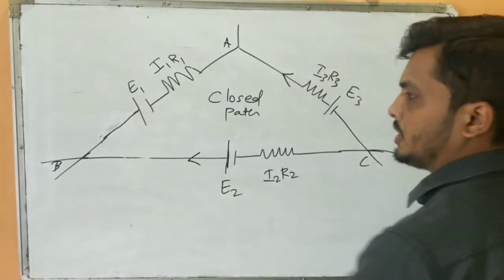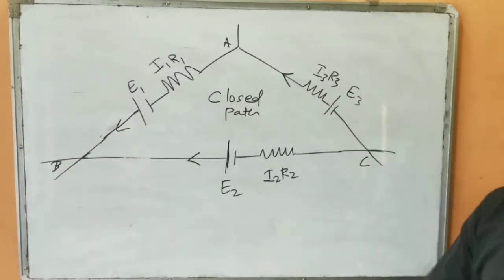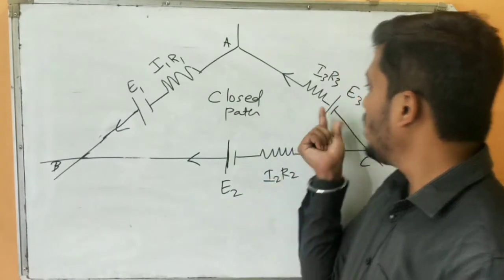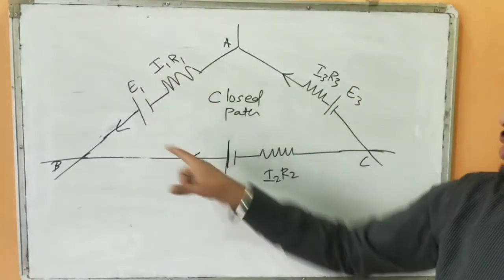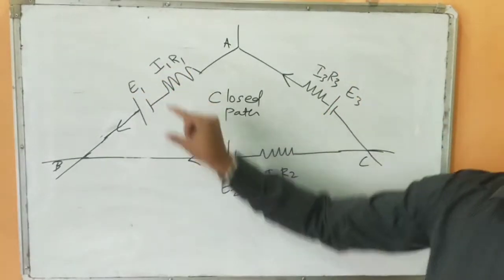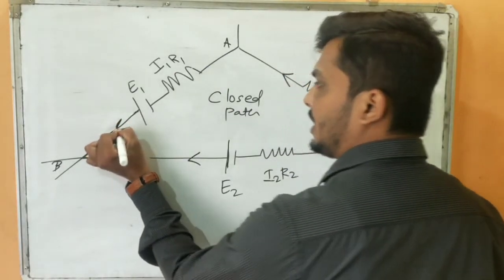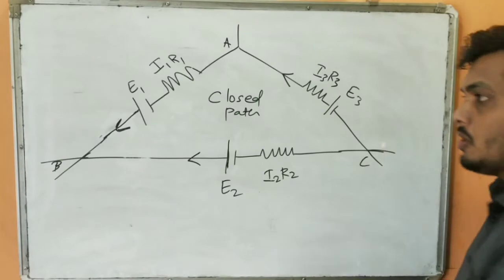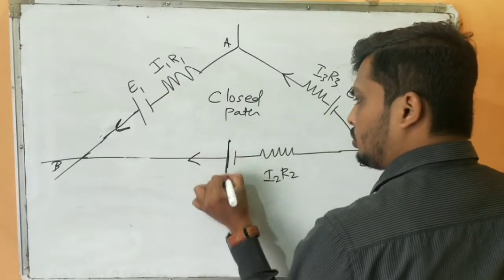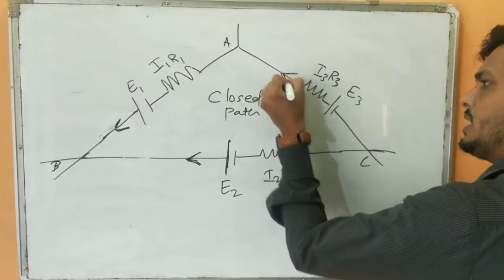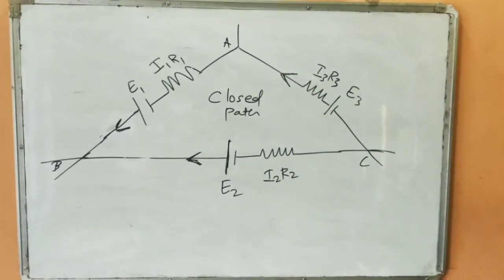Now try to understand this Kirchhoff's voltage law. So I have a cell having EMF E1, E2 and E3. The bigger part is positive and the smaller part is negative. You always know that current always flows from positive to negative. So this will be the direction of the current for this, and this is positive, the arrow mark will be here, and for this cell the arrow mark will be here. Look here, current always flows from positive to negative.